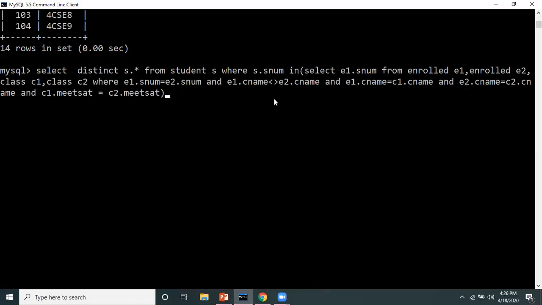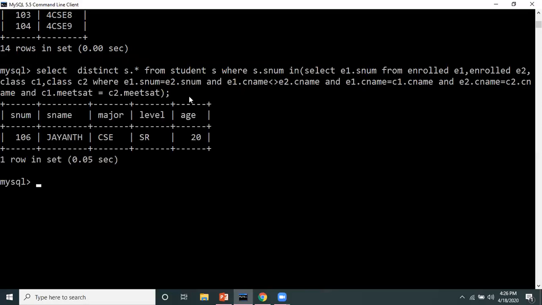Fine, then only we will be able to find which two classes are at the same time, right? So student number should be common, but class name should not be common. And then we check that class name from E1 in class table C1, from E2 in class table C2. And then there is one more condition, that the timing of those classes should be the same, so C1.meetsat is equal to C2.meetsat.